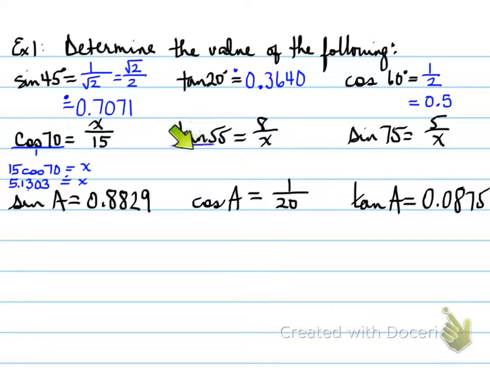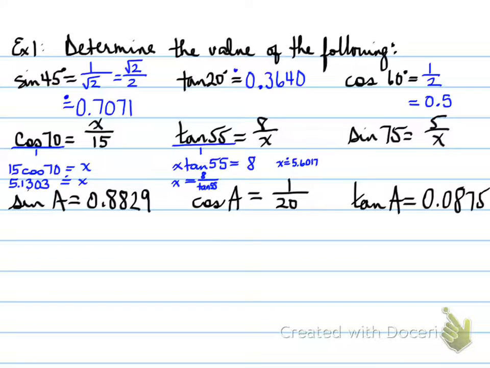All right, tan 55. This, we put it over 1, and we cross multiply, and we get x times tan 55 is equal to 8. What does that mean? Well, folks, that means we have x isolated. So now we have to move the tan 55, the whole thing, over. So we have x is equal to 8 over tan 55. Type that in your calculator, 8 divided by tan 55, and you get x equals